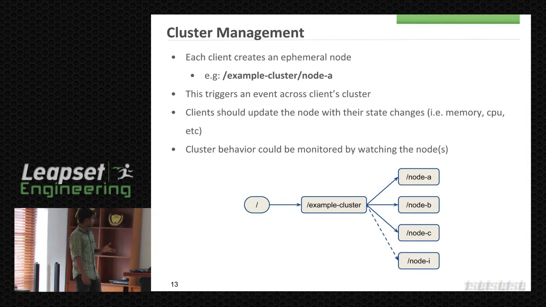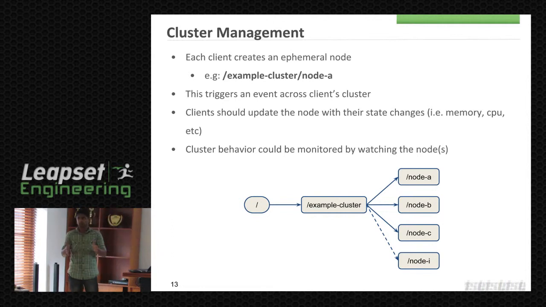Whenever a client joins the cluster, it will create a node for itself. Namely, if the client is A, it will create a node named node A as a child of the example cluster node.